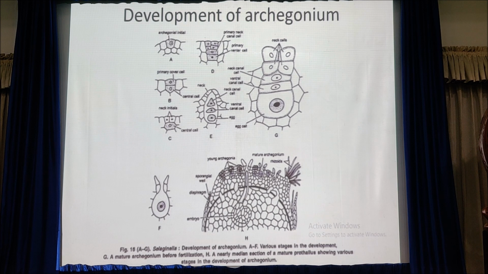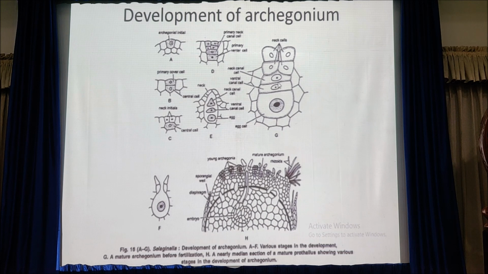Fertilization. Fertilization may take place even when the female gametophyte is within the megasporangium or after shedding into the ground. Just before fertilization, the neck canal cell and ventral canal cell disorganize and form a mucilaginous mass. The neck cells separate from each other and form a free passage for the entry of the male gamete, or the antherozoid.